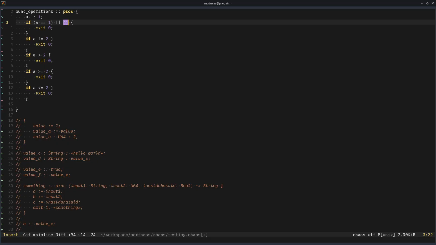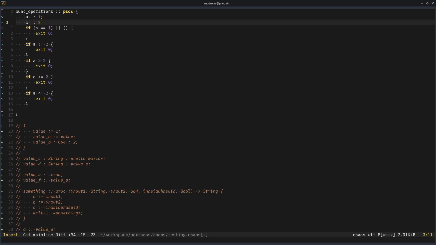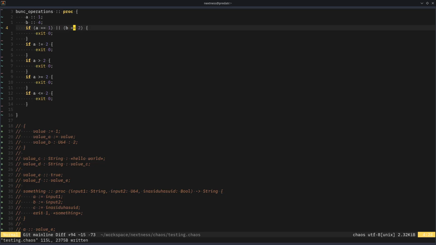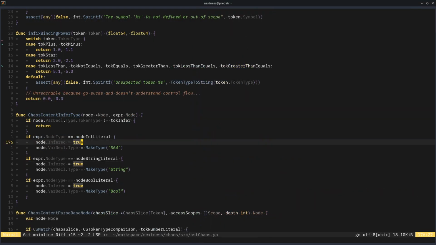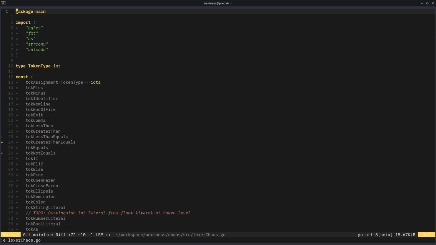So let's see if we can do something like this, and then we have like b is equal to 2 or 4, I don't know. B should be equal to 2, so this should work as well. And the OR has a higher precedence than this, or it's a lower precedence. I don't know, but yeah, whatever. For now, I don't really care about precedence right now. I just care about